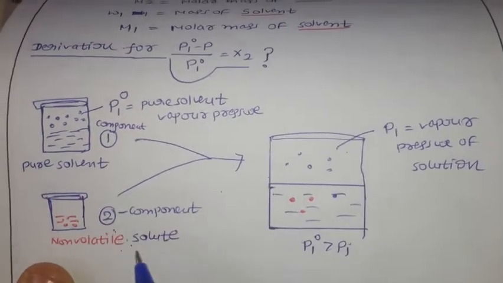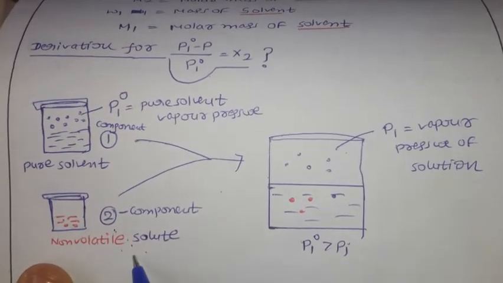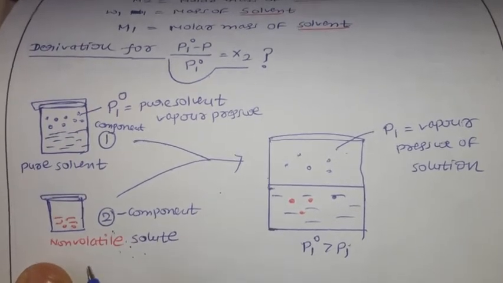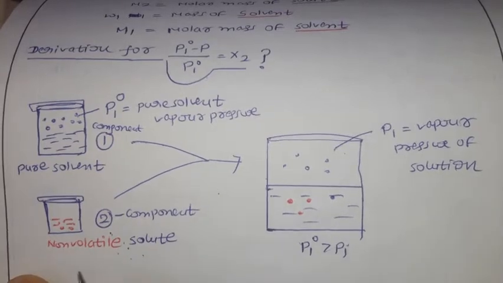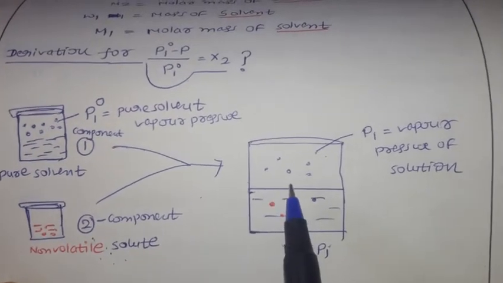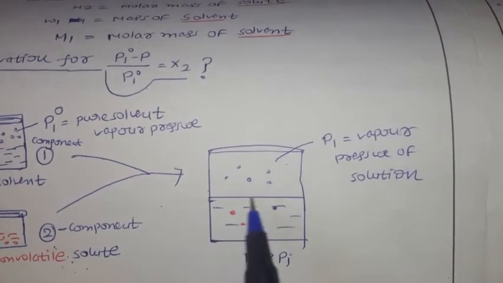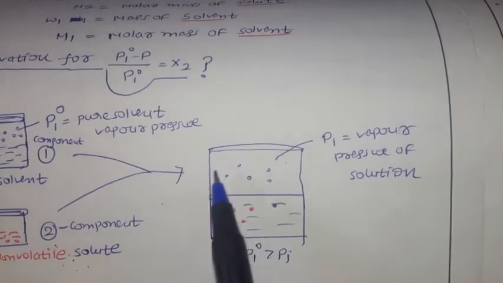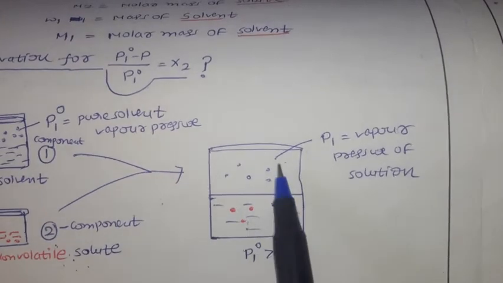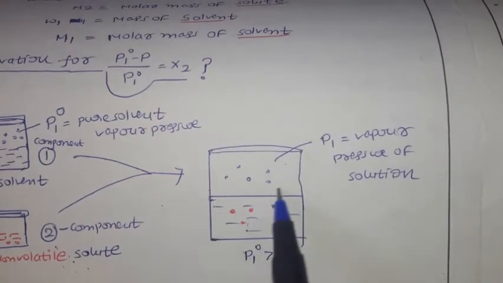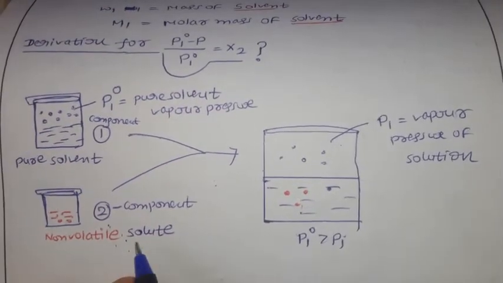This is a solvent, this is a solute, a non-volatile solute, very very important. Now onwards you have to focus on whether the solute is volatile or non-volatile. So the non-volatile solute you added here, as we already discussed, you are going to get the vapors from only the solvent, not from the solute. Red color is the solute. So here we are not getting any red color vapors. Why? Because our solute is non-volatile in nature.